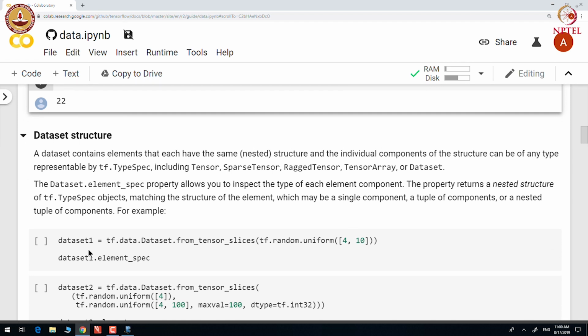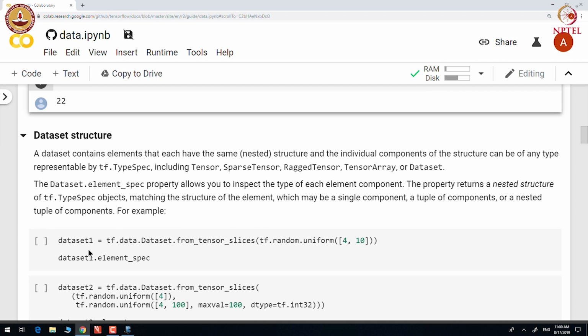A data set contains elements where each element has the same structure, and each individual component of the structure can be of any type represented by tf.TypeSpec.